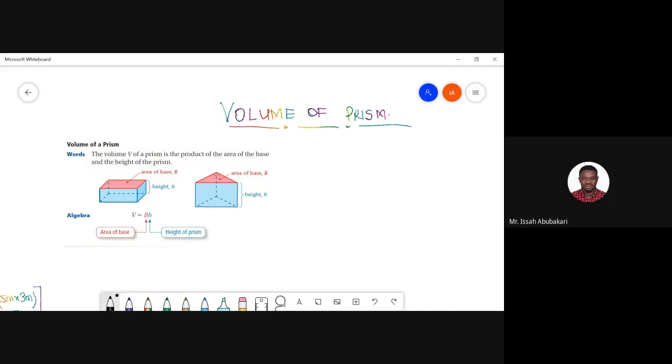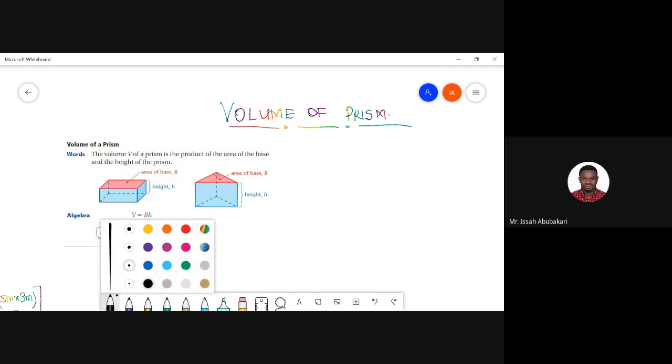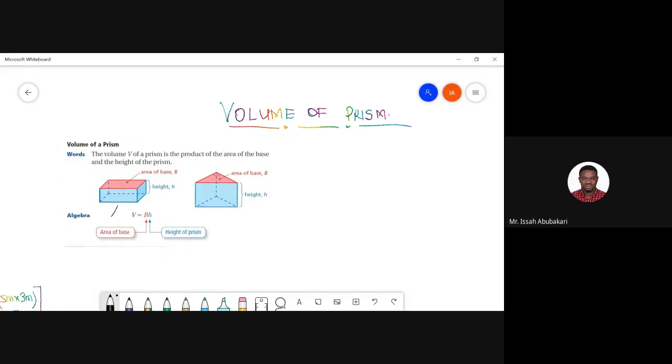So let's look at this figure and label it as figure A. This is our figure A. Okay, this is our figure B, right? So we have our figure A and our figure B. Now, let's take a look at figure A first. We also learned that the shape of the prism comes with its own formula. So looking at A and B, even though they are both prisms,